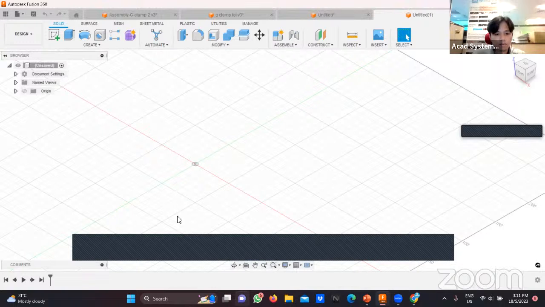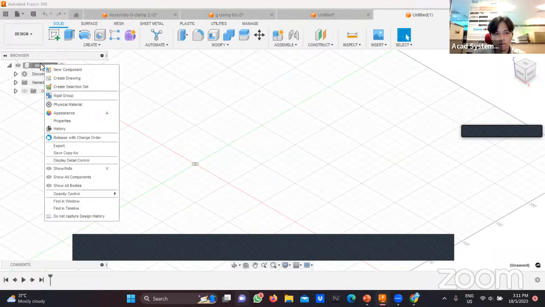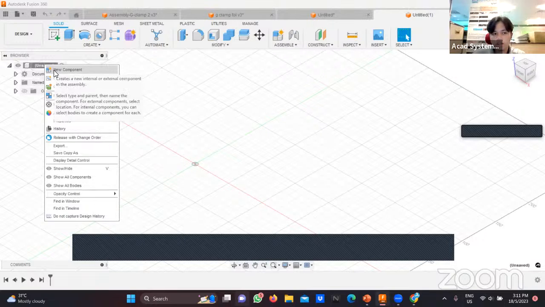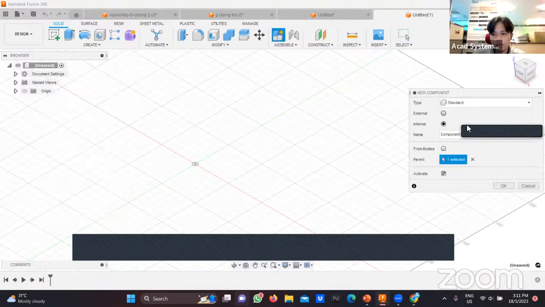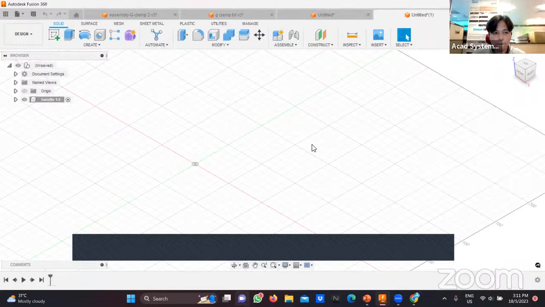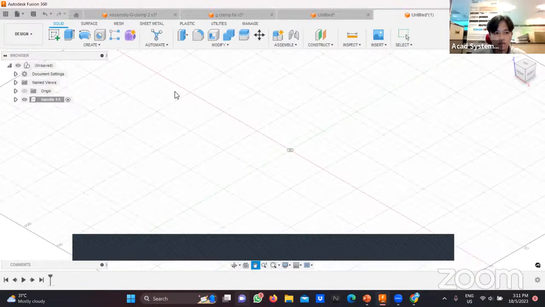And then here, to create the component, you can right click in this document, new component. Okay, click on it. And then what you have to do now is name your component. So I name it as handle 1. And then click on OK or just press enter. Okay, now as you can see,